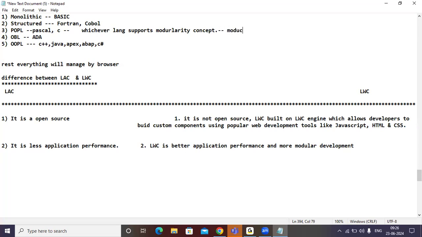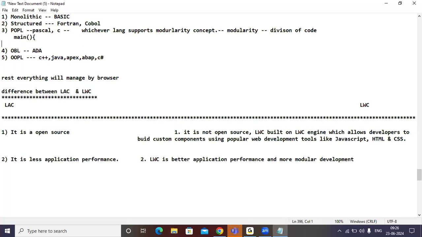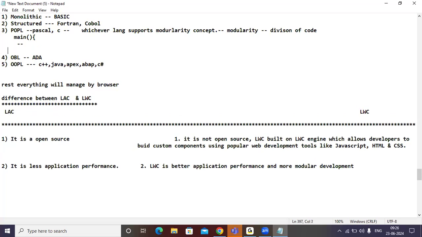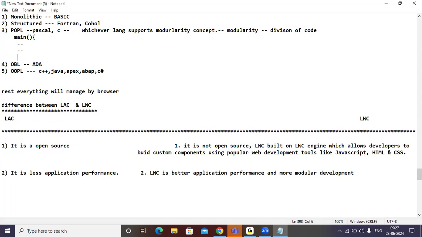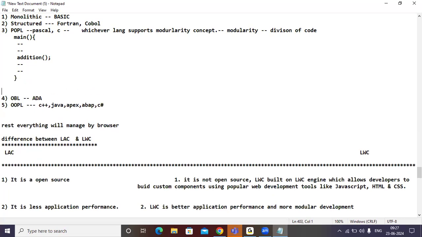What is the meaning of modularity? Modularity means division of code. Dividing the code into different parts and different subprograms can be called modularity. In C language also, we write the program block by block, like this main program. A C program starts with the main function. Yes or no? And I'm calling a function called addition, suppose. Main program closed.